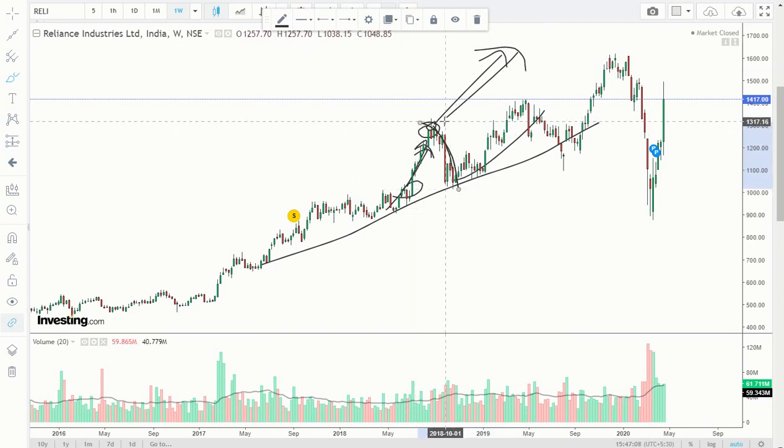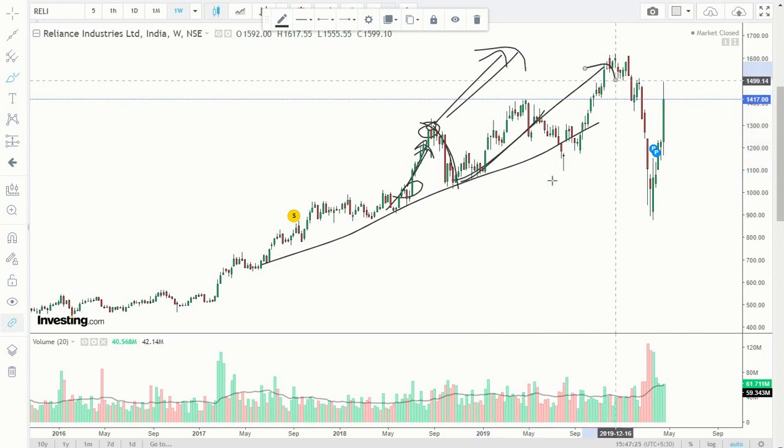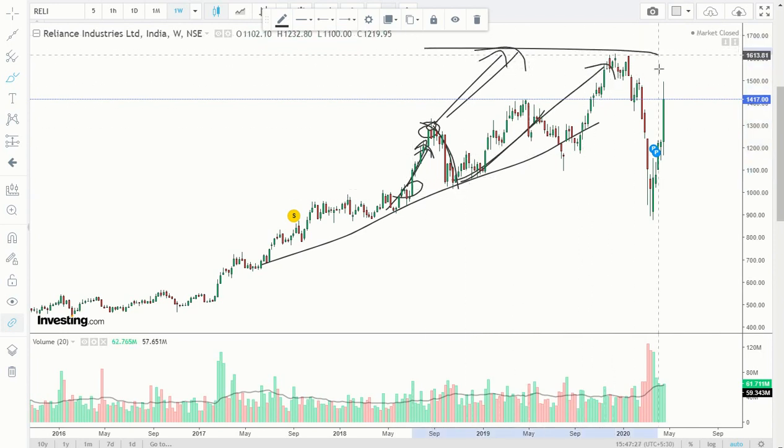See, it went from 1300 rupees to 1000 rupees. Approximately 25% of your capital is gone. You will be shaken and you will think, I will sell it off. And that's what happens in the market. Retail investors sell it off and then prices eventually go to your targets in this range.